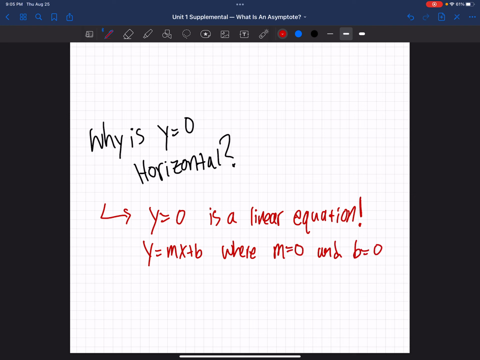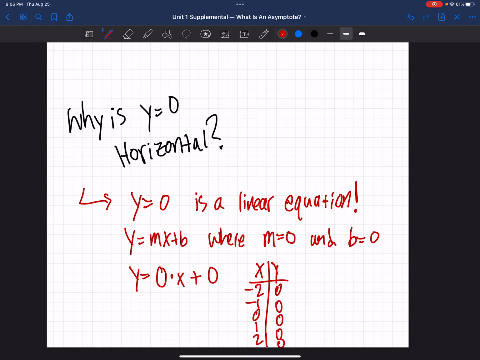Hopefully you know what y equals mx plus b is. So this is y equals 0 times x plus 0. So plug in values for x, right? If you make a table x, y, x can be -2, -1, 0, 1, 2. Y is always 0. So if I make a little graph of this,